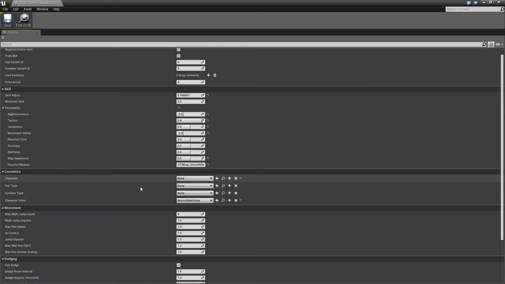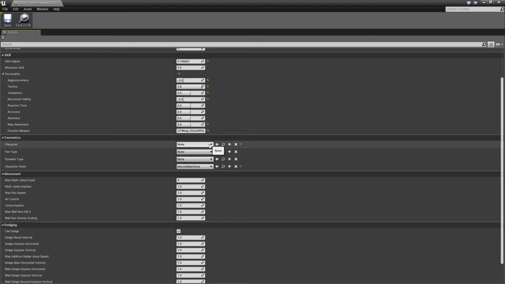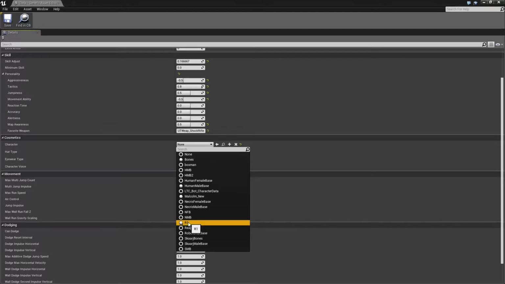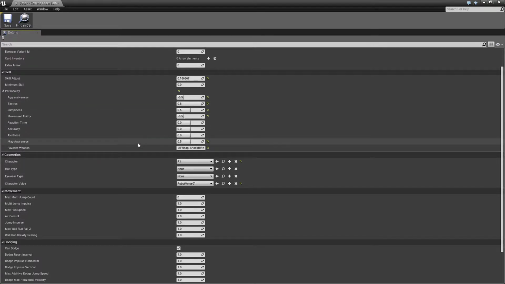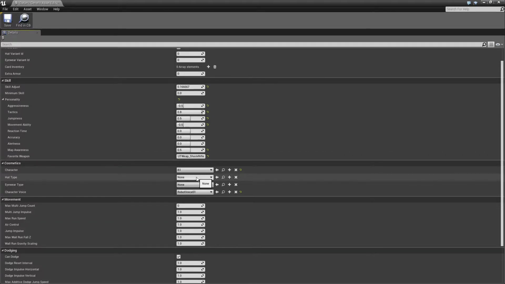And I'm going to open this data asset up and make sure that it's using the character R1, so the robot, and pick the robot voice. In this case, of course, it may or may not work. We may fall back on something else if it gives us some kind of problem, but we'll go ahead and do that. Now you can change other things like the hat. You can pick a different hat if you've got them, or of course eyewear. And there's other settings in here that you can play around with to get your bot the way you want. Like this guy, apparently his favorite weapon is the shock rifle. We can change that or leave it alone, but we're just going to leave it alone because we're going to